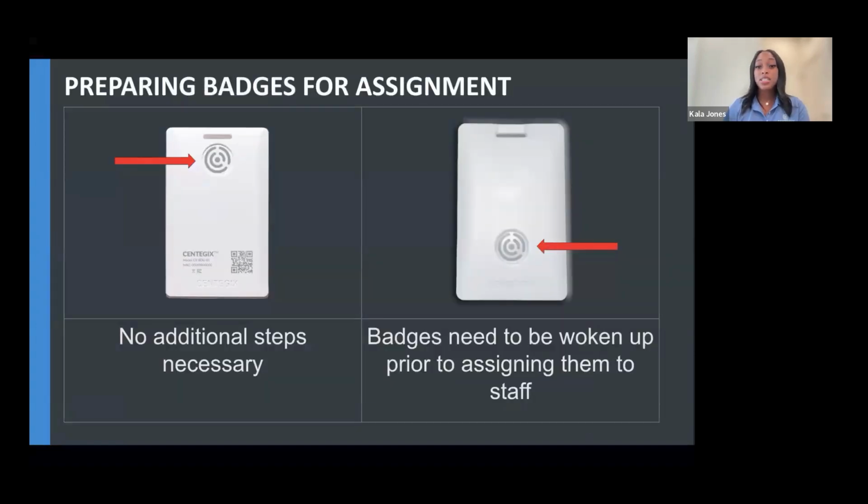And then preparing badges for assignments. So depending on which version of the system you have, this badge to the left does not need any additional steps to actually activate and prepare for that overall badge assignment process. The barcode is on the front, so you'll just literally scan badge, scan that barcode, and you are good to go. Now, if you have the badge on the